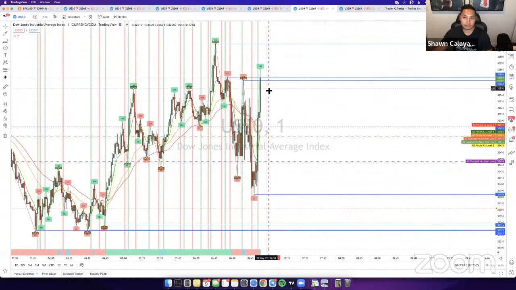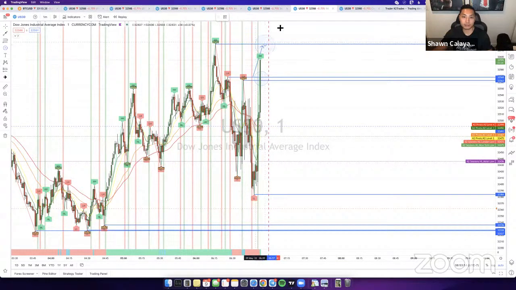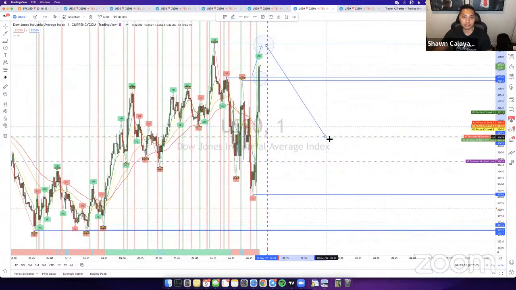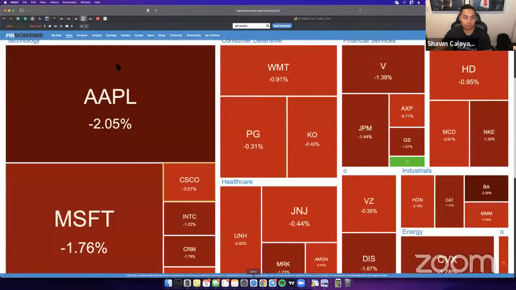So as you can see right here, price is still going back and forth. Price just hit the liquidity above here. I wouldn't be surprised if price comes up higher, hits this area right here, and then comes back down. Overall bias is still a sell. Price comes up, hits the last area of liquidity right there, and then comes right back down, because it did hit the liquidity right here. Or it can fake out and come right back down as well. But I'm definitely not looking for any buys today at all. Main reason why I'm not looking for any buys is the fact that everything is pointing towards a sell.